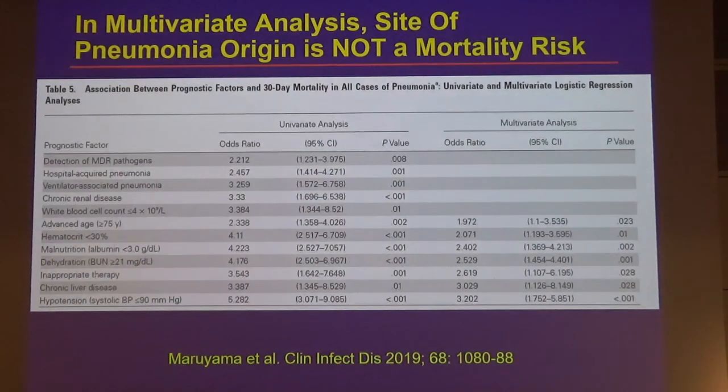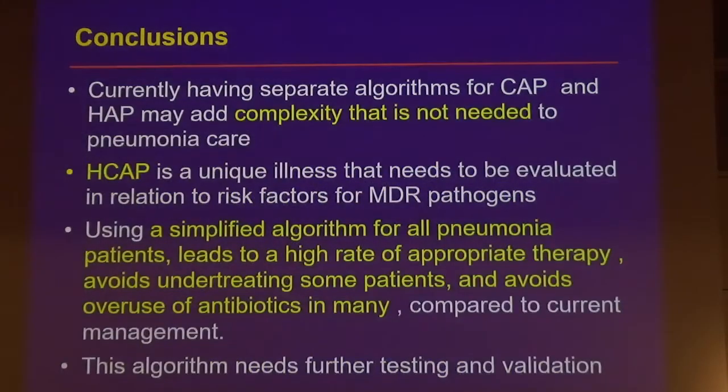And I think this is probably, to me, the biggest argument for why we should have a unified algorithm, at least in terms of predicting mortality. In the univariate analysis, the type of pneumonia mattered in terms of its impact on mortality. But in the multivariate analysis, the type of pneumonia had absolutely no relevance whatsoever on outcome. Other factors were much more important. So these data say to me it just doesn't matter whether it's CAP, HCAP, or VAP. To determine mortality, you just follow an algorithm, get therapy according to that algorithm correctly, and it's very unlikely that mortality will be adversely impacted.